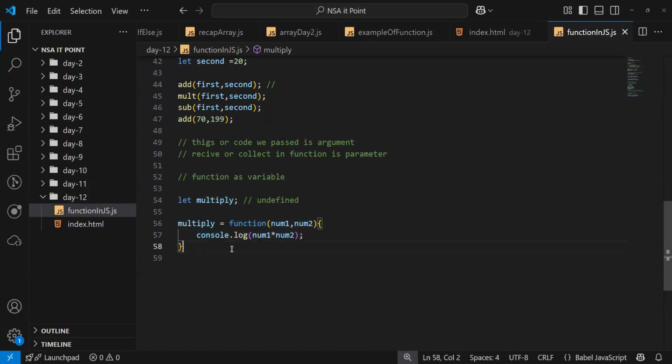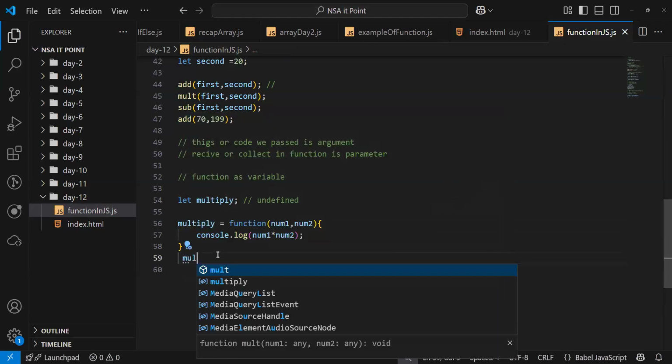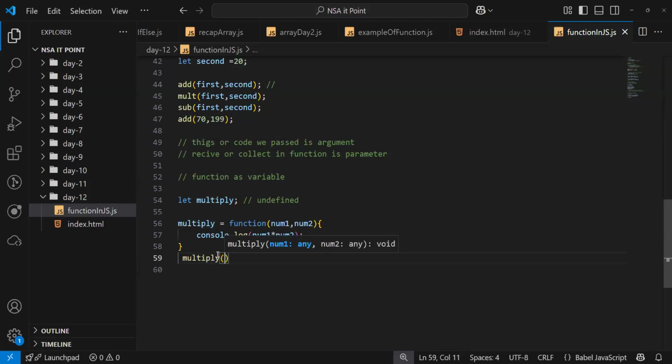And how to call that function? Simple. Like before, multiply with 20 and 50. That's it. It's the same thing.